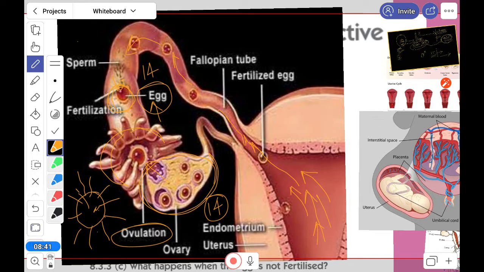After that, when it is fertilized, this fertilized ovum is now a zygote. It will start divisions, and it goes through the fallopian tube and comes here into the uterus. In the uterus, you can see one layer which is called the endometrium layer. This layer is highly vascular. The zygote gets inside, meaning it is implanted, so that the embryo will form here. So this is in brief what I discussed.